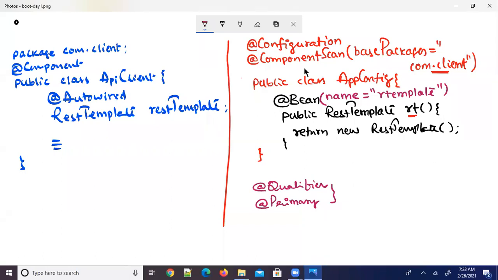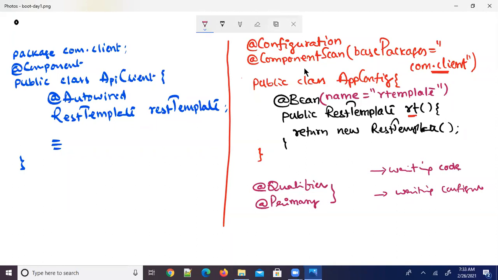As a developer, one thing is writing the code, and the second thing is writing the configuration. Generally, writing the code comes first and writing the configuration comes last. We first start writing all the classes, and configuration is written at the end.